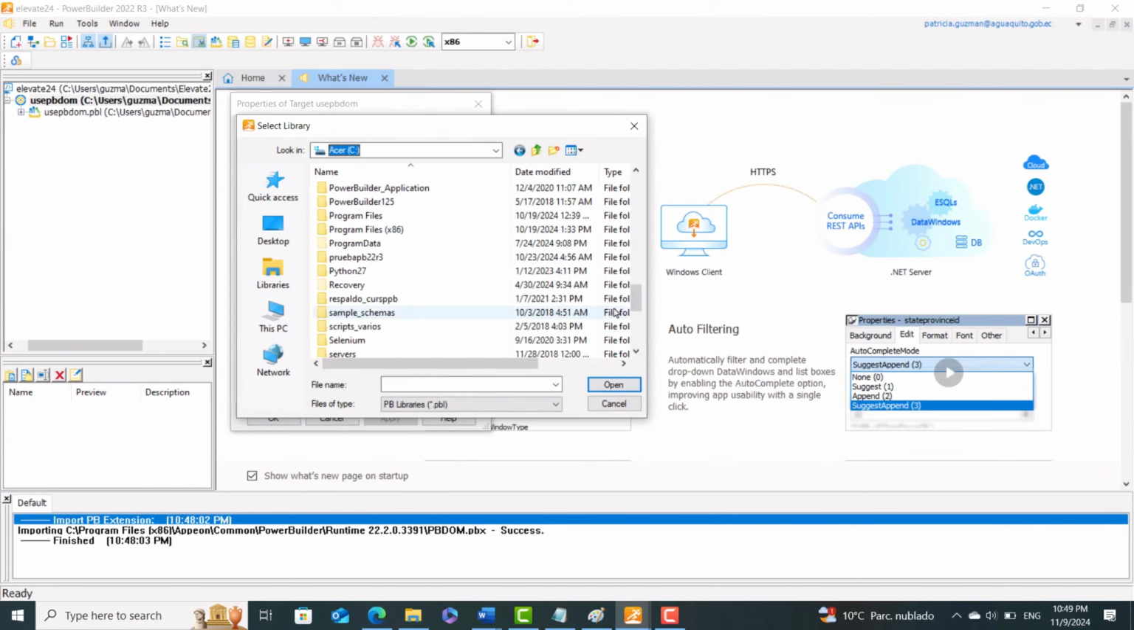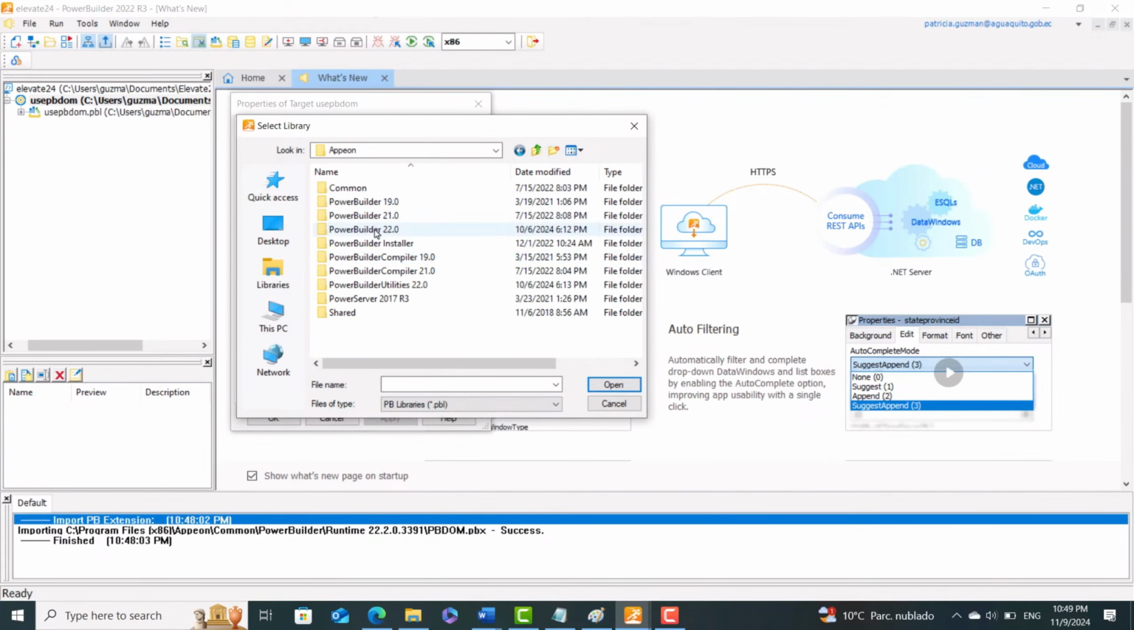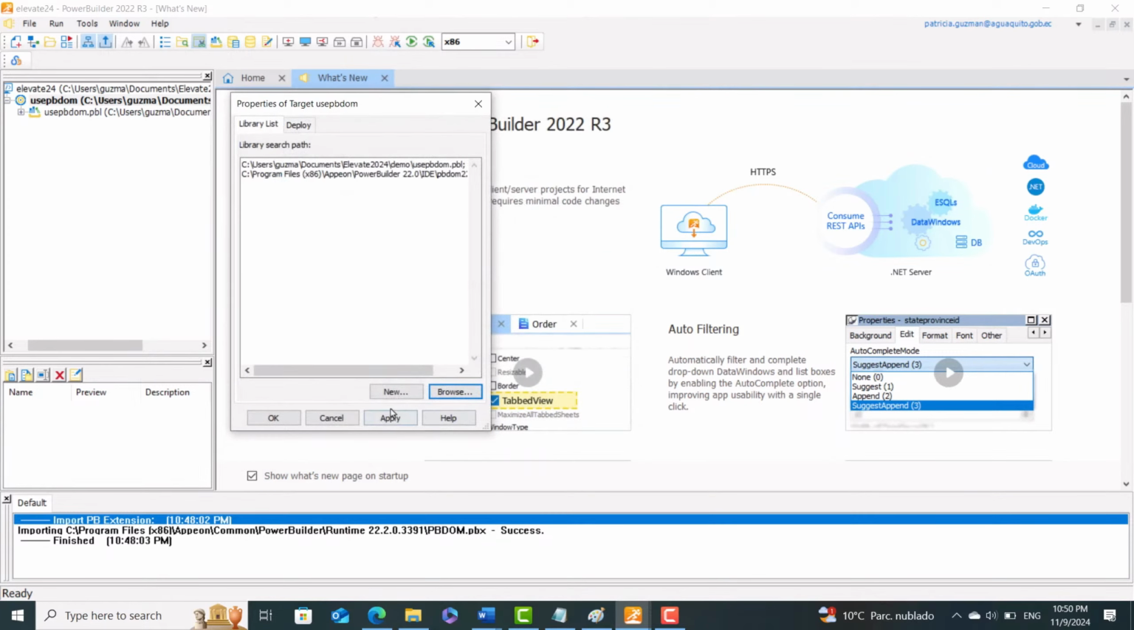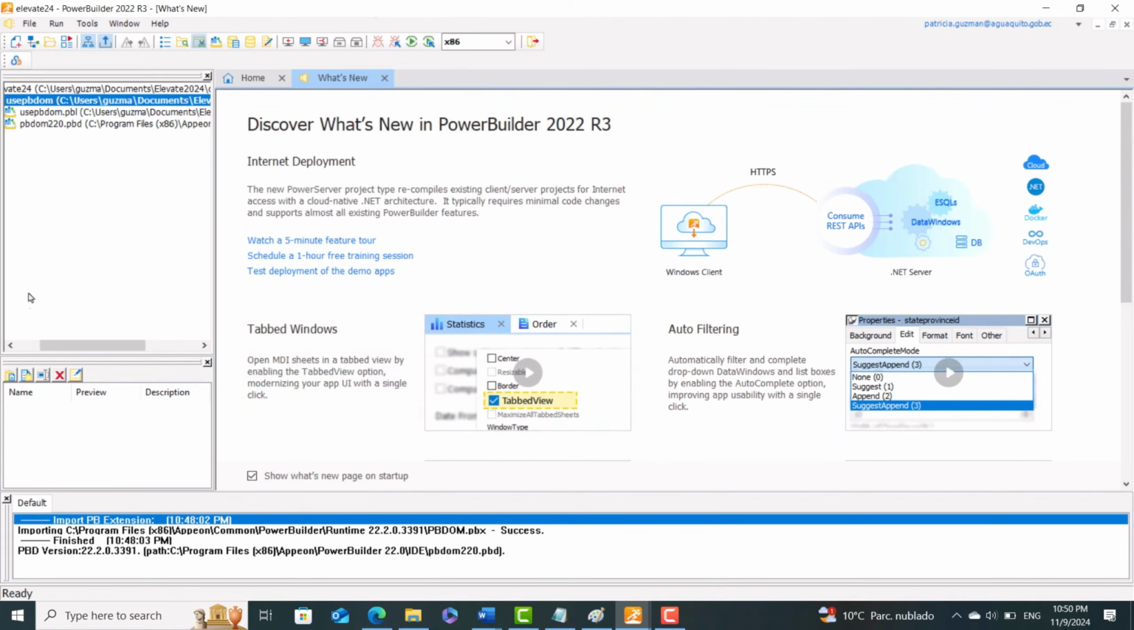and we go to Appeon. Now we choose PowerBuilder 22 IDE, and here, instead of PBL, we choose PBD file, and we can click here and open it. So apply, OK, and now we have the PBDOM